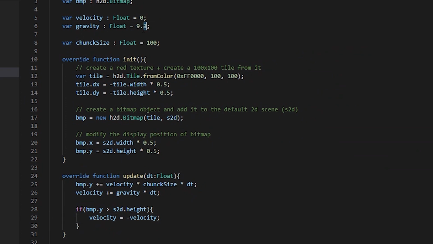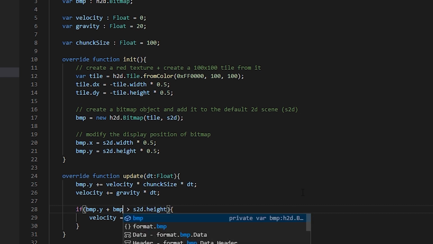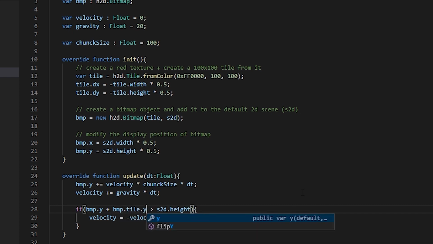First of all, let's add to the gravity. It has more excitement to it. Let's make it 20. And then add to the bmp.y, bmp.tile.y divided by 2 to make sure whenever the bottom of this tile hits the ground, we reverse the velocity, just like that. If you compile it and refresh our browser,